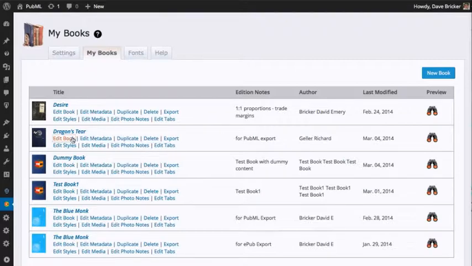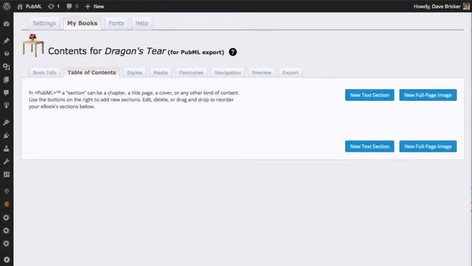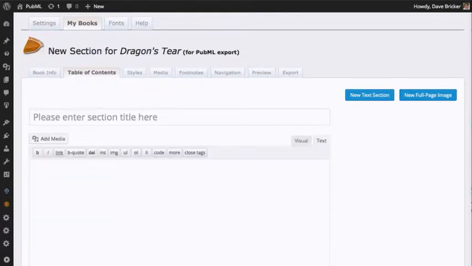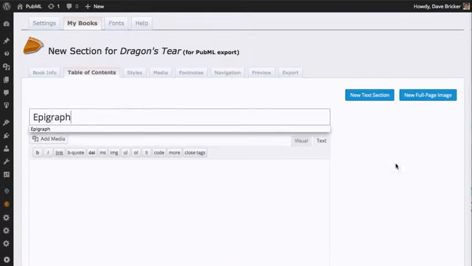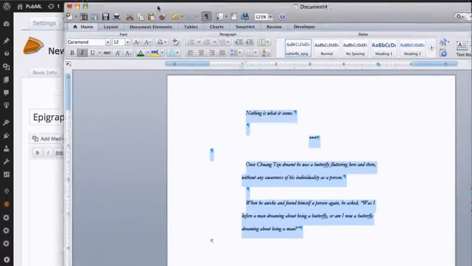I'm going to edit the book, and that is going to take me to the table of contents. Now we have an empty table of contents. I'm going to put in a new text section, and it's going to open up the section editor. Now the first part of this book is an epigraph, and I happen to have this chapter, this section here